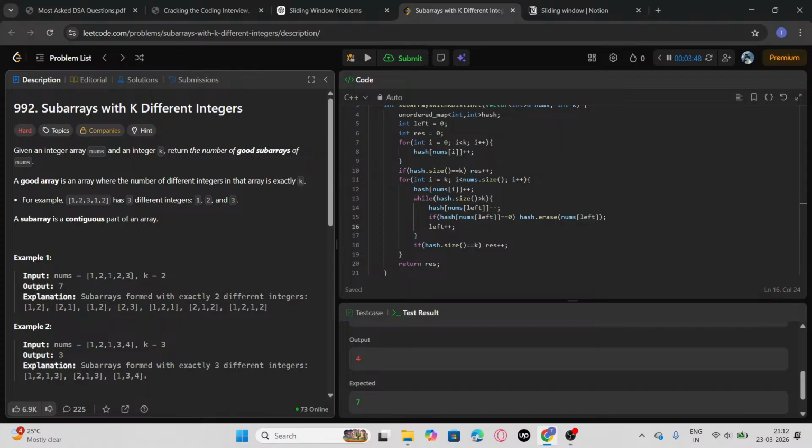Permutation and combination. Do I have to use permutation and combination or what? Of course it is marked hard because this is not easy to solve. 1, 2 can be one array. This 2, 1 can be an array. Right? 1, 2. If I start with 1, 2, 3, 4